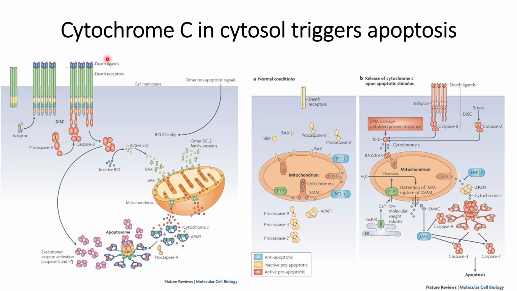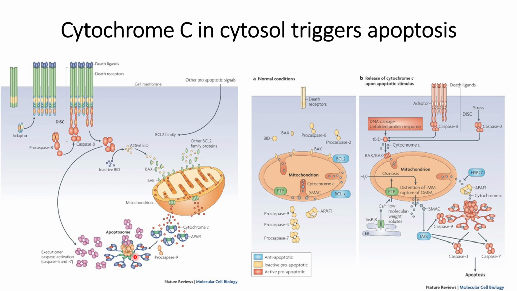In this video, we will discuss how cytochrome C, when it is present in the cytosol, can trigger apoptosis. The natural location of cytochrome C is within the mitochondria, where it helps in ATP formation. As we know, mitochondria is known as the powerhouse of the cells, and so cytochrome C helps in ATP formation within the mitochondria. And when it somehow leaks out into the cytosol, it will interact with this APF1, and that will help